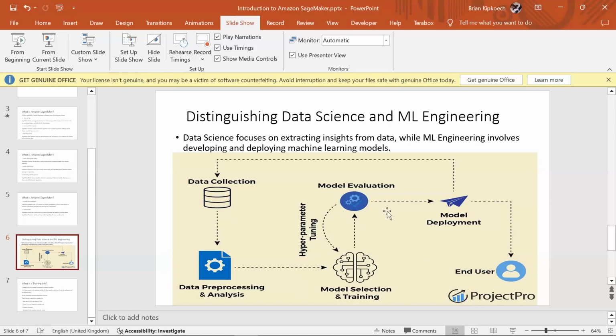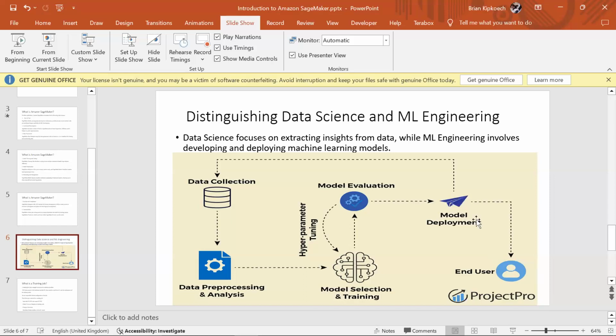After you evaluate your model and see how it performs, you will then tune your parameters and make sure that the accuracy has improved. Once you are done with model evaluation, then you have to deploy your model. SageMaker enables you to also deploy your model by using SageMaker endpoints. Once you've deployed your model, the end user can interact with it.